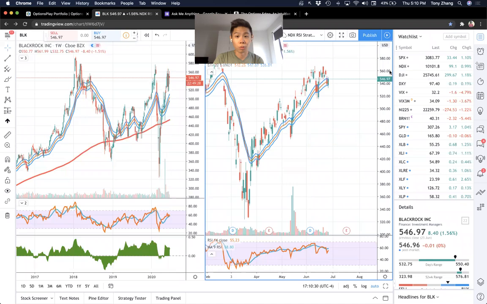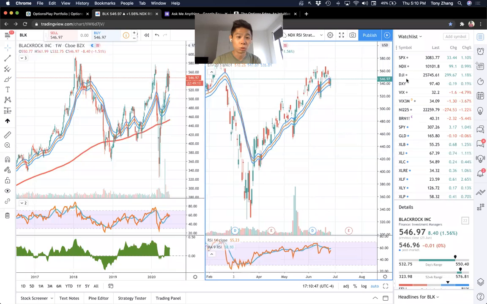But if you look at the asset managers, fees aren't particularly moving in the right direction for asset managers. Interest rates are not moving in the right direction for asset managers. So for those reasons, I'm not particularly strong. But if you do get a technical breakout, that would be a different story, but I don't see that right now.